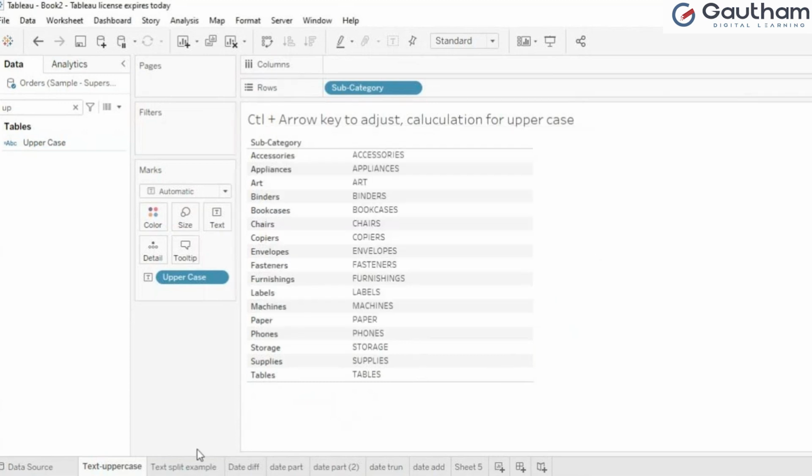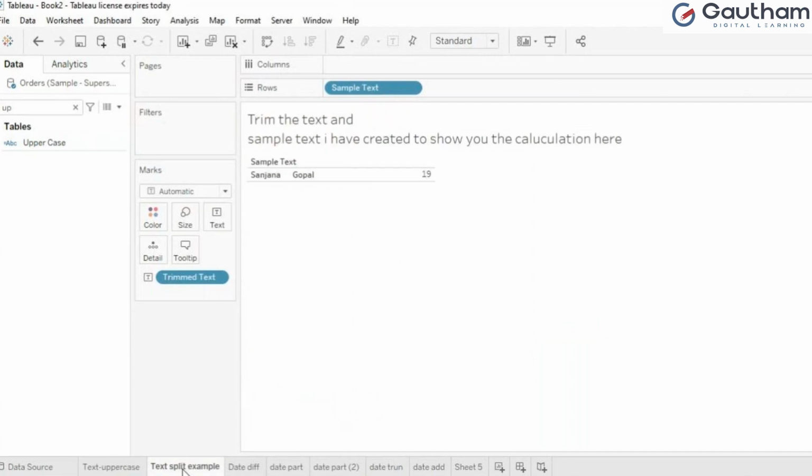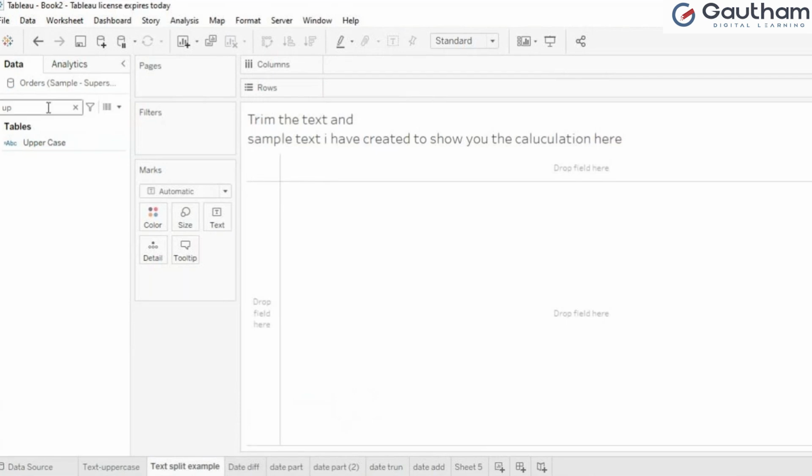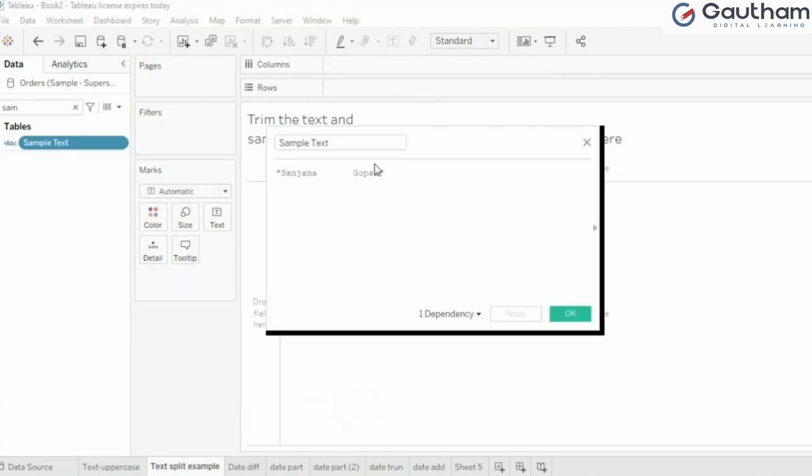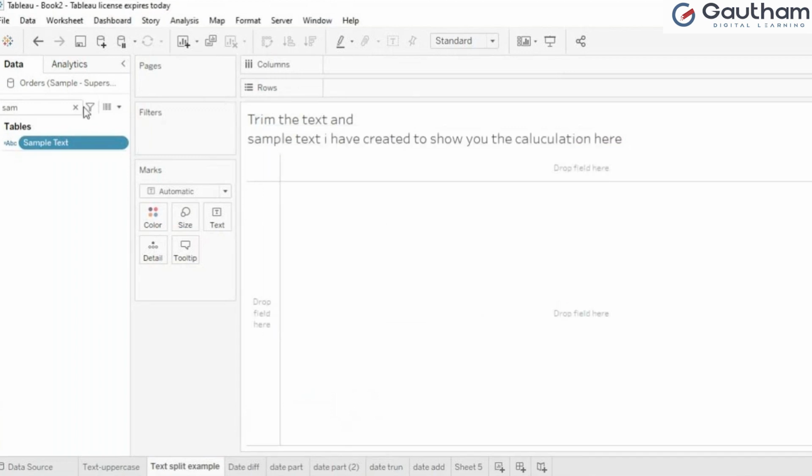Okay, come here to the text split example. Suppose I have done nothing to trim a text. Let me open a sample text which I have created. To avoid this, let me create it for you once again.